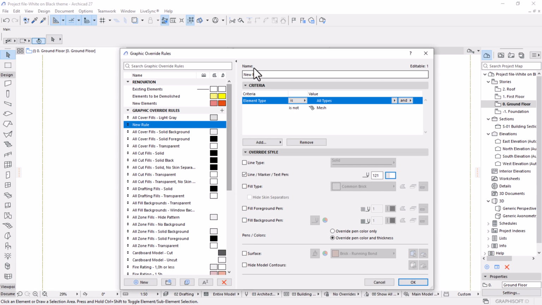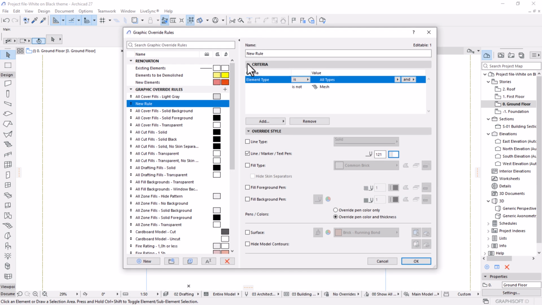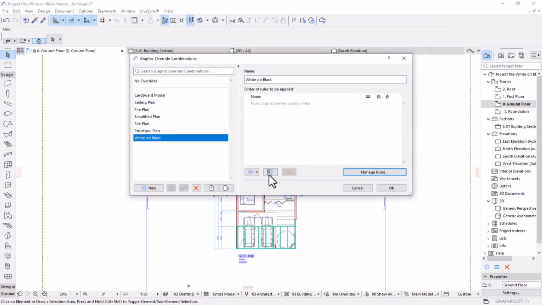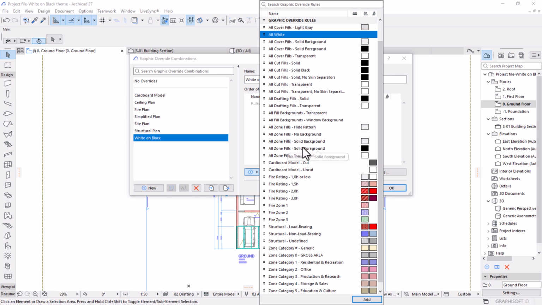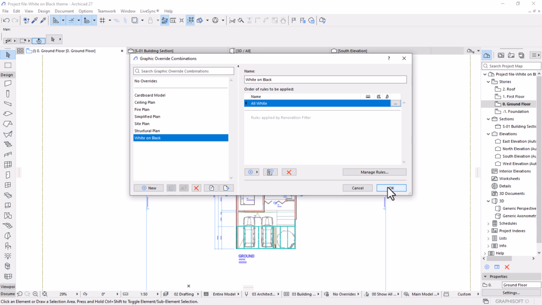And then we could set another criteria for furniture, but I think it's fine. Let's just test with this one first, and then you'll see the results. Let's hit OK, and then we come here, we add our newly created rule, which is this one. By default, ArchiCAD will highlight it as it is there, and then I'll say add. Okay, so if you hit OK,